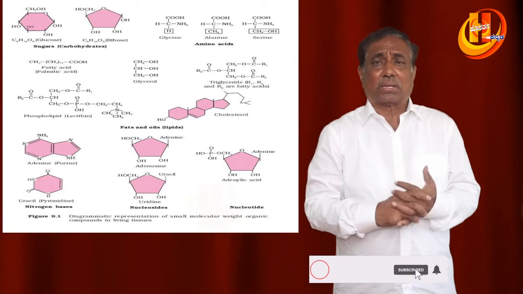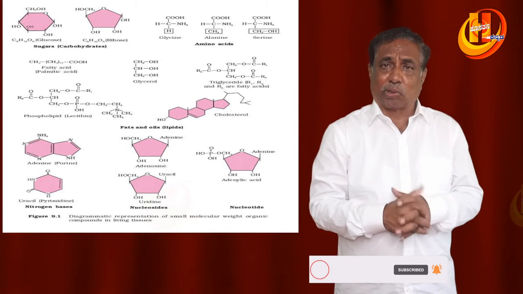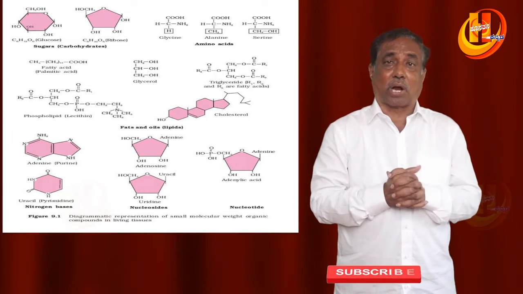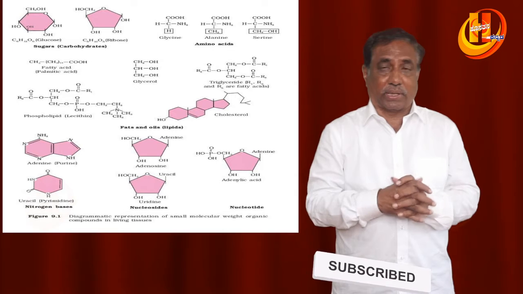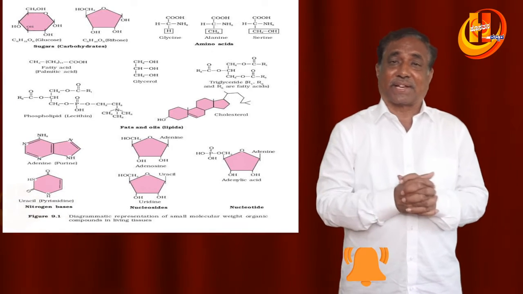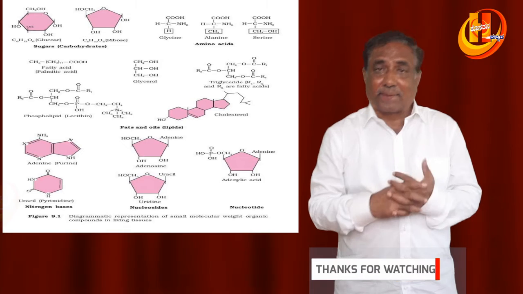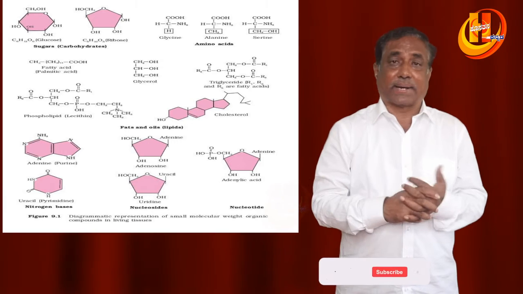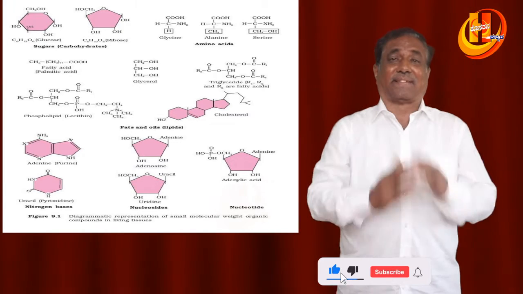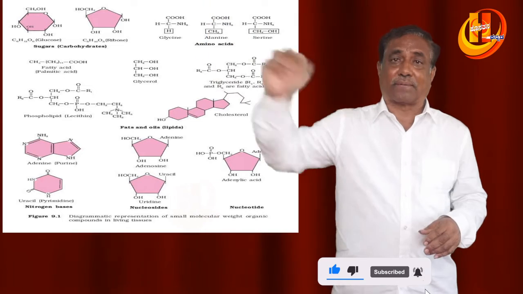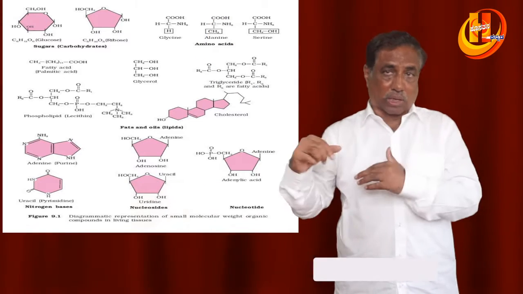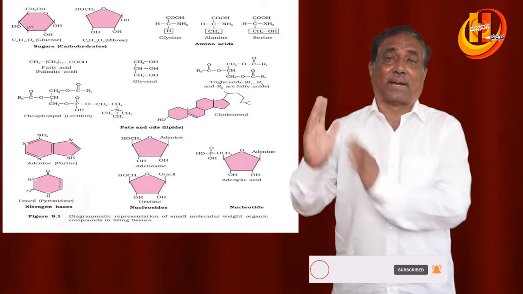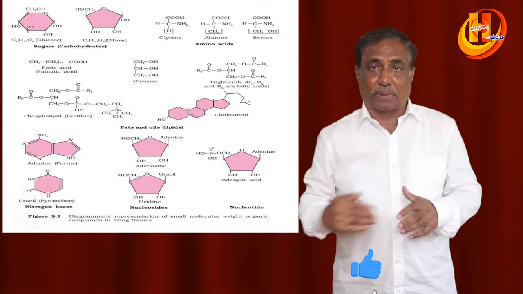So this is about the proteins, which are macromolecules, and the peptide bonds are present. The linkage is the CONH linkage, called amide linkage, which can be seen in the proteins. Coming to the lipids, lipids are the esters of fatty acids and glycerol, and energy in organisms is stored in the form of triglycerides, that is CH2COO-R1, CHCOO-R2, CH2COO-R3. So it is a compound triglyceride where the R group differs.